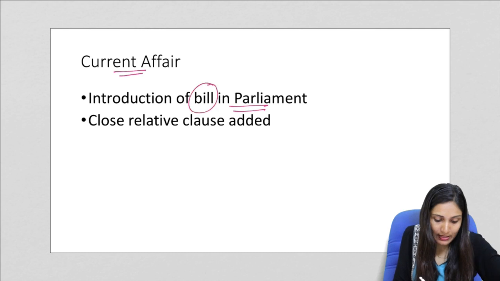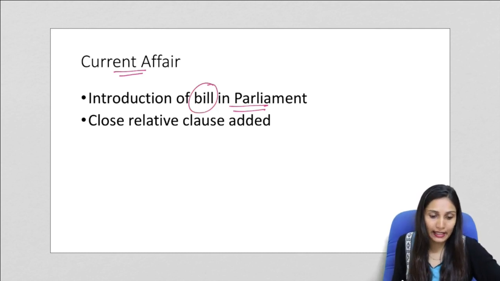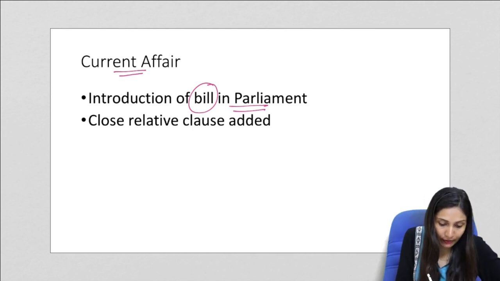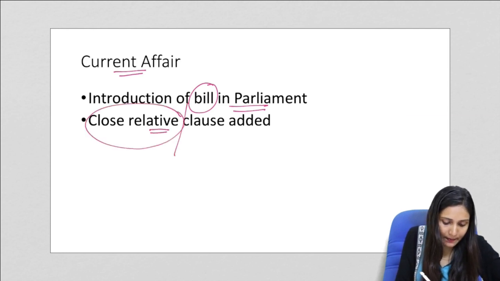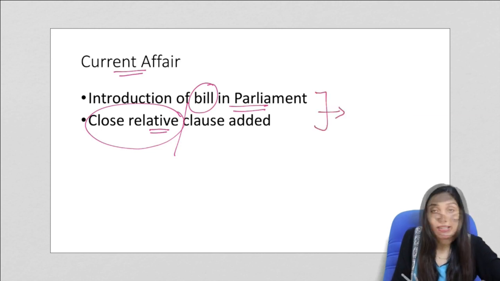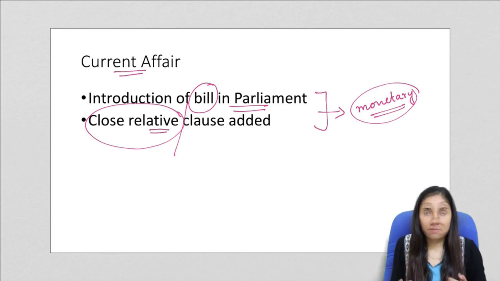So this bill was introduced in the Parliament and a particular clause was added to this bill: that a surrogate mother has to be a close relative of the intending couple. So this close relative clause has been added in this bill. Now the bill aims at facilitating altruistic surrogacy in the country. It means facilitating surrogacy without monetary benefits or any compensation,